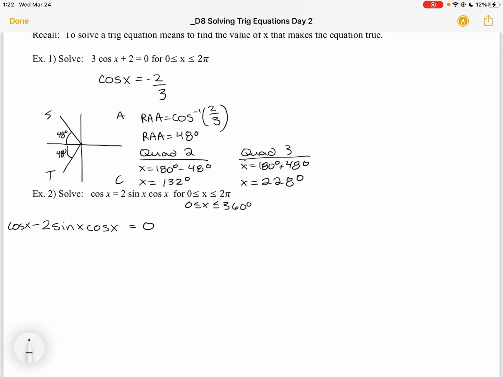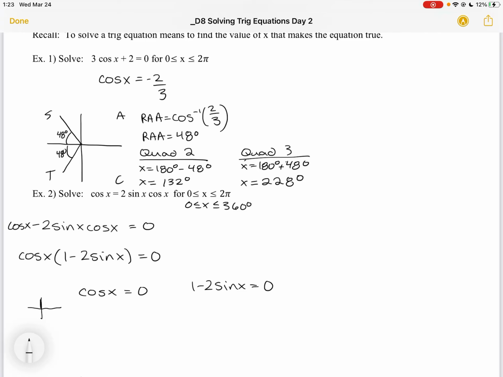Now I can't really rearrange this for a trig ratio, but I can actually factor out cos x. And now I've got two items to solve here, each with their own trig ratio, so I can do that. So my first one is I've got cos x is equal to 0. This means that my x value is going to be 0, or my opposite side. That is going to happen